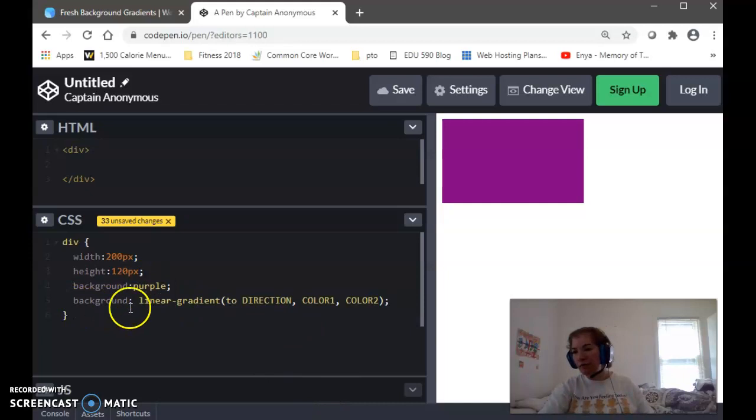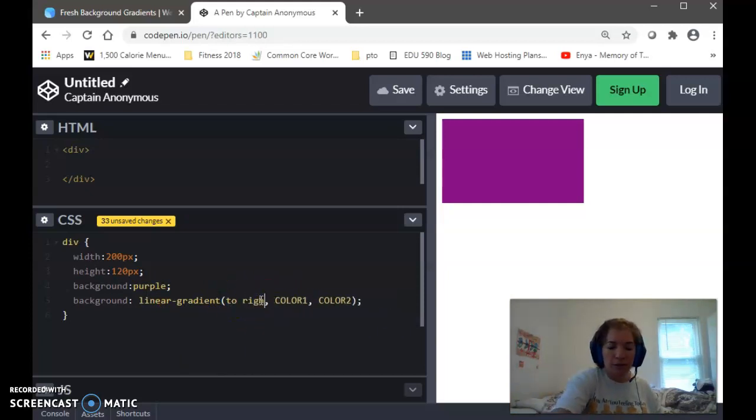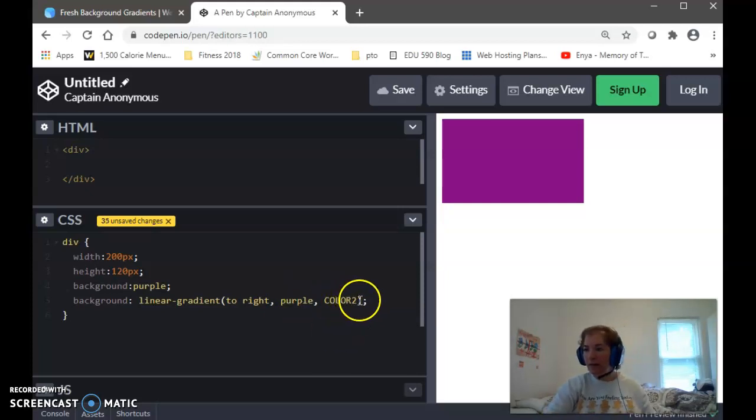So you would write background, linear-gradient, and then you'd write "to" and put the direction. What's the first color? What's the second color? So far, nothing worked because I put these in caps so that you know we have to put the actual value. So let's say linear-gradient, "to", and if I wanted it to go to the right, I'd say "to right" instead of direction. It could be top, bottom, left. And then color 1, for example, let's keep it as purple. And then the second color, let's see, if I just put blue,